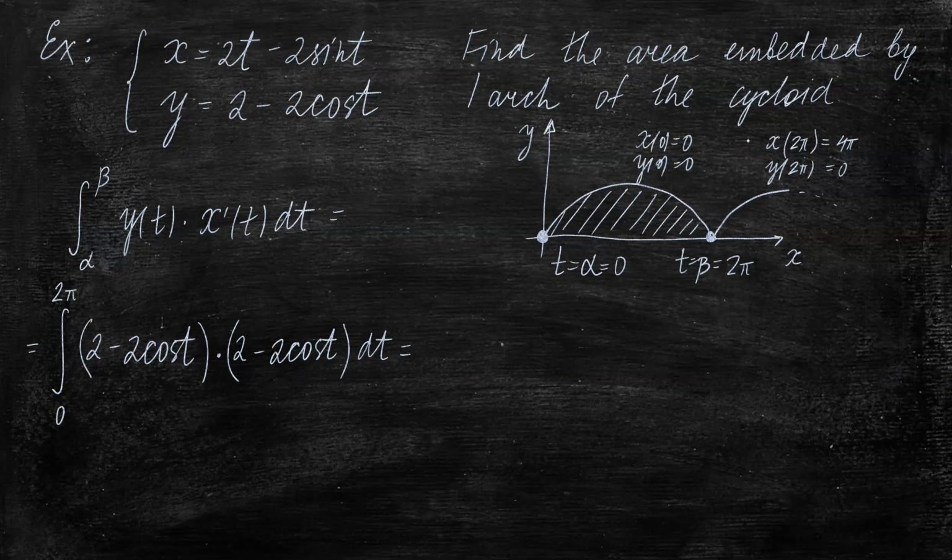I'm going to go through this process relatively quick. We're going to factor out 2 and 2, and we're going to distribute the 1 minus cosine t, so we end up with 1 minus 2 cosine t plus cosine squared t. And again, the purpose of this problem is not to teach us how to integrate, so I'm just going to do this quick substitution. Here, instead of cosine squared t, I'm going to write the cosine of 2t